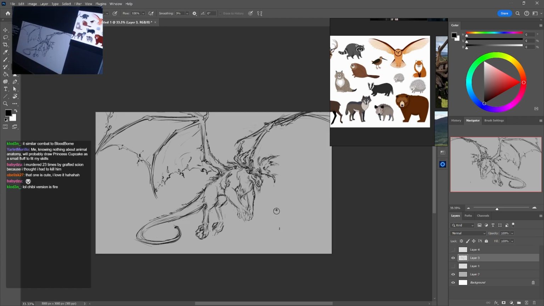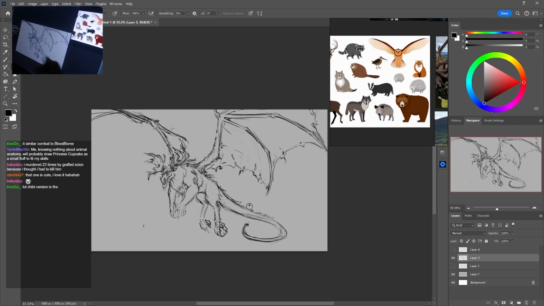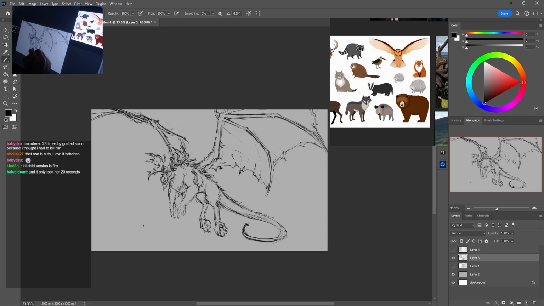So there's Princess Cupcake, the art design of Nidhogg. The back claw there. It's got opposable thumbs.